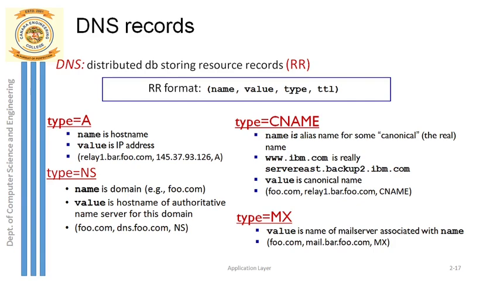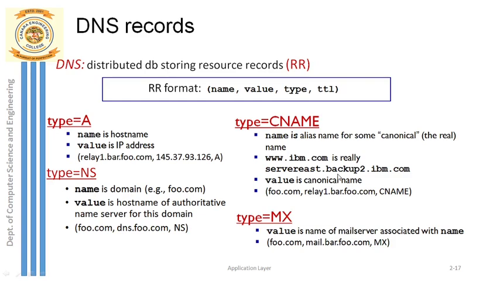So you call this an alias name, but actually this name is not its actual name. It has a real name, and that real name is something like this: servereast.backup2.ibm.com. It has got such a lengthy name. This is actually its original name, but for users, is this lengthy name easy to remember? It is not that easy to remember. So for us, an alias name is given so that it is easily rememberable. So you can say here ibm.com is an alias host name, whereas its canonical host name, its actual host name, is this lengthy name.